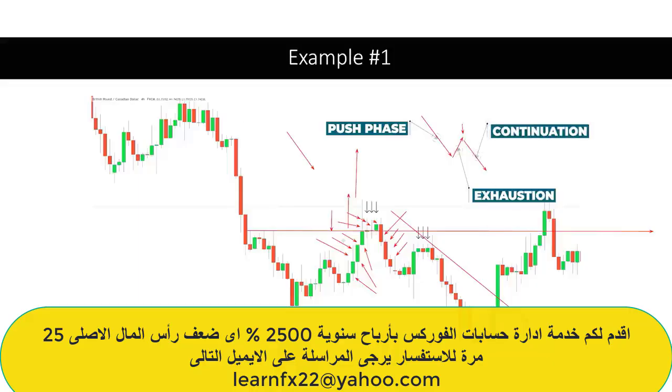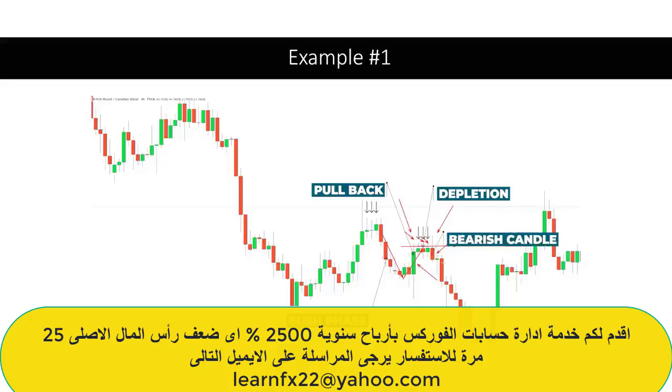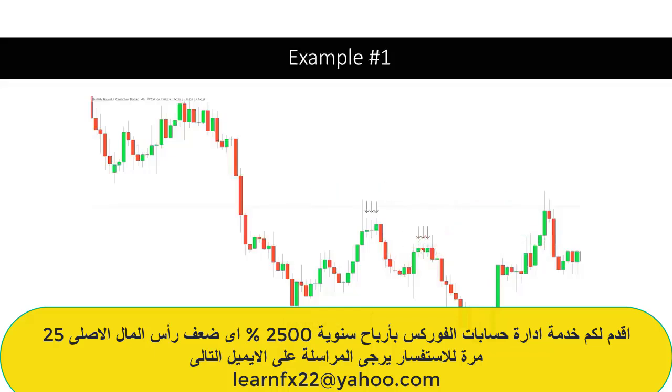If we bring all of the behavior here over to this information here, what do you see? Well, you see the first phase, you see the pullback, which is exhaustion, and again, you have evidence after this strong bullish candle that there's a depletion in this bullish move, and there's evidence that bears are having an influence and that there is a weakness from the bulls. Link that with a very nice bearish candle, and look what happens with the market. We continue to push bearish. Now, this is example number one. Let's take a look at example number two.